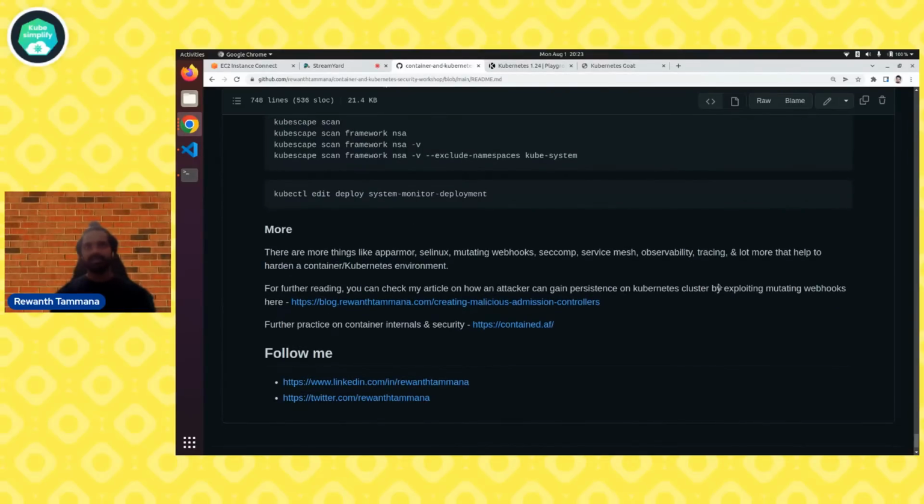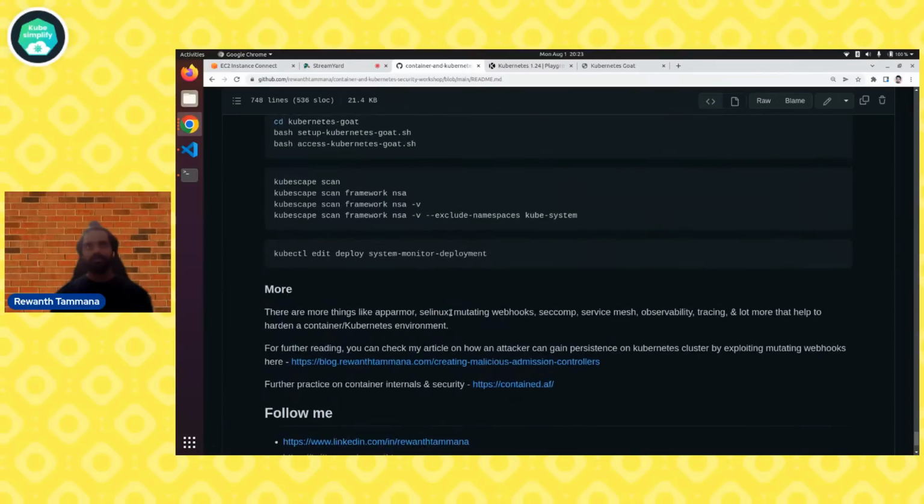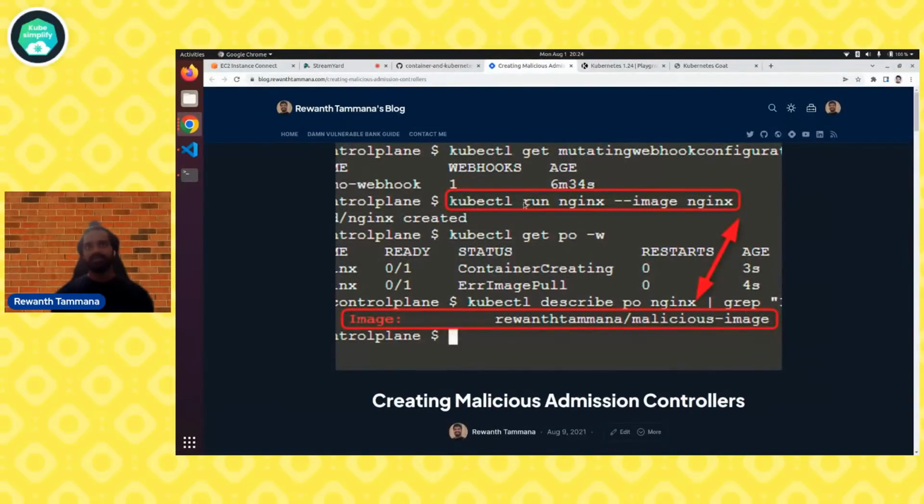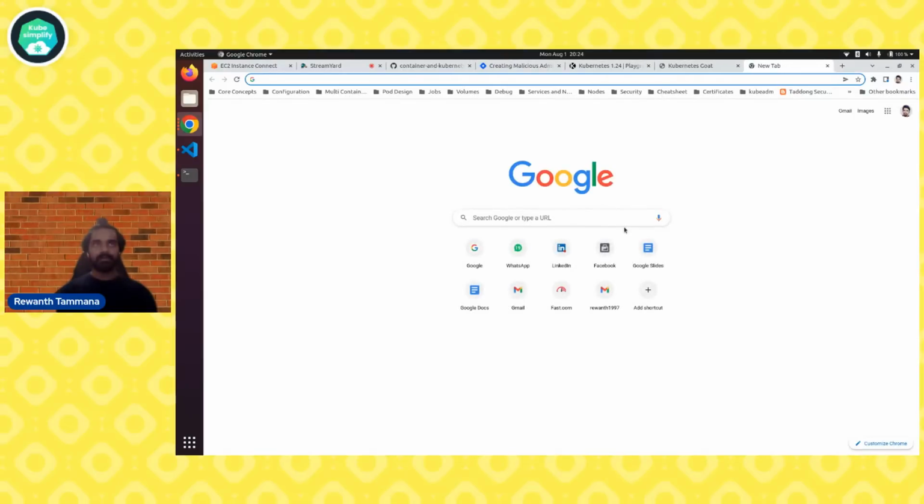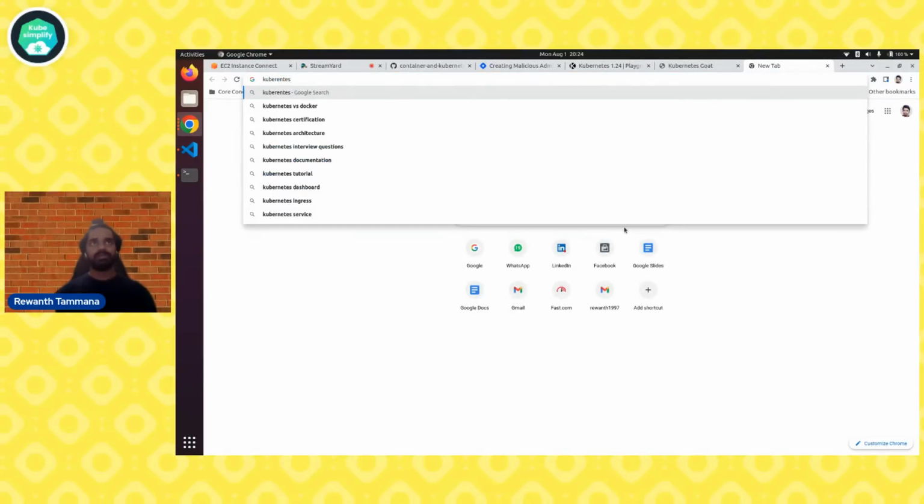And similarly, there is some article I have written on these webhooks. Since we have demonstrated the webhooks, you can see if an attacker is having access to your cluster, for example, he can create his own mutating webhook. So what that does is whenever you are running, if you are running an nginx image, for example, without even knowing, like you cannot know it, but in the background,